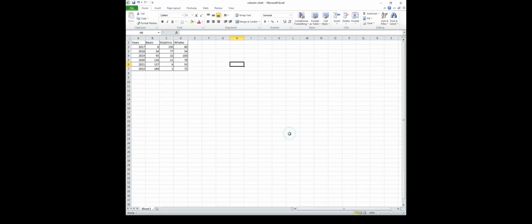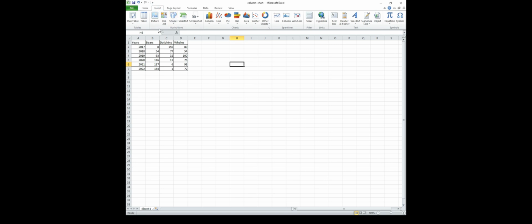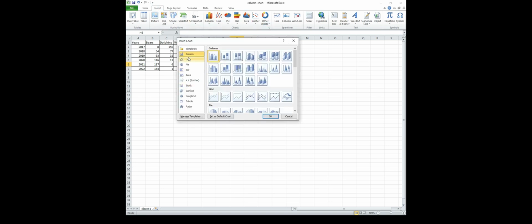Now let us see this in a practical way. This is an Excel sheet where a table has already been created. Now here I can go to the Insert tab. Here we have a lot of chart options available. Here you can see different types of charts, that is column, line, pie, bar, XY. The particular chart which you'd like to select, you can select directly.